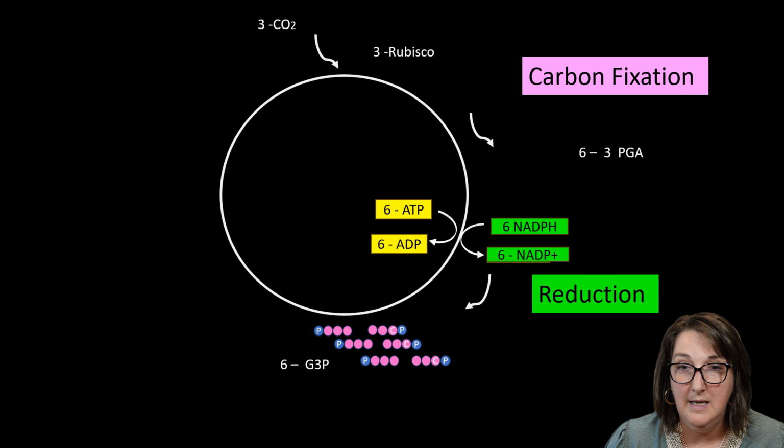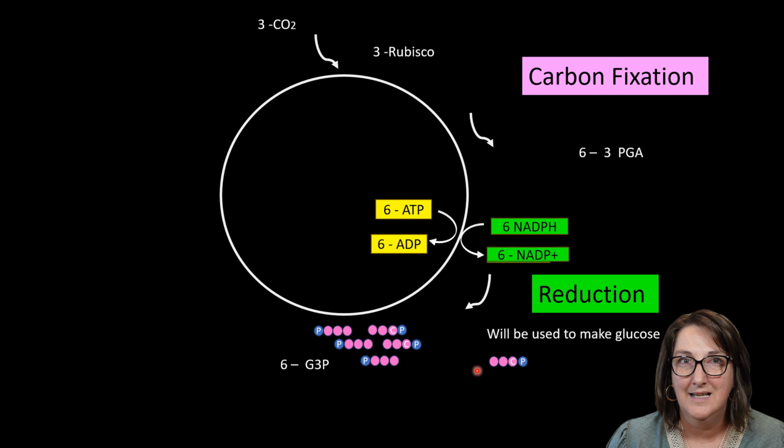This G3P is now going to take just one of these G3Ps and hold it off to the side. This is now going to be used to make glucose. But look, I only have half a glucose molecule. Glucose is C6H12O6, and I only have 3 carbons. So I need 3 more carbons, another one of these, to be able to make